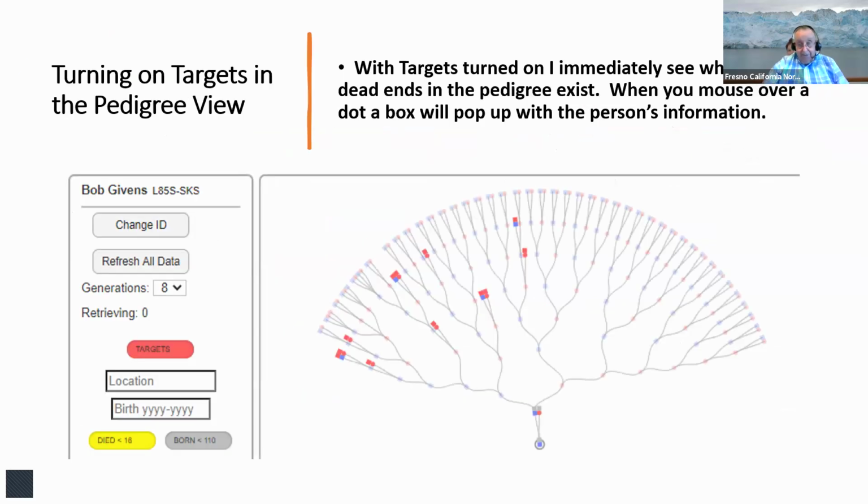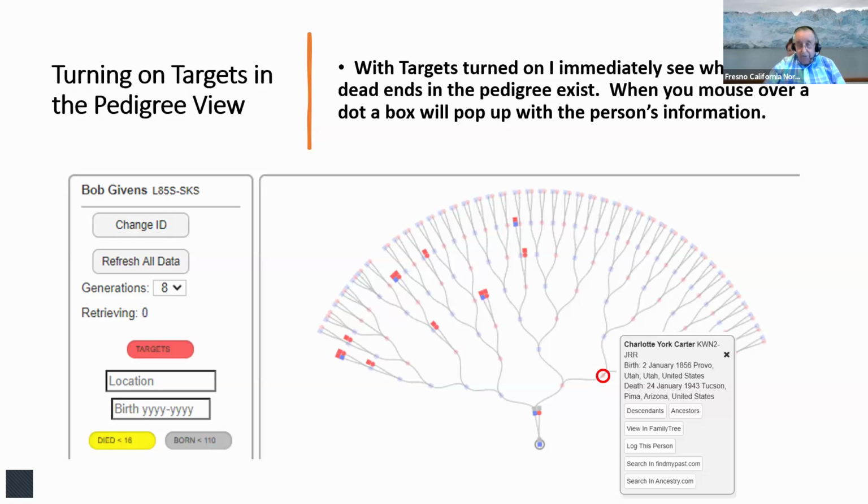So now, if you've never used it before, you're probably thinking this is kind of a funky looking tree. The thing you've got to realize is that you can mouse over the people, and you're going to be able to see who those dots represent. So there's one of the dots on this tree. It happens to be my great-grandmother. If I mouse over her, a little box will show up, and it's going to tell me that that is Charlotte York Carter. It's going to give me her birth and death information,